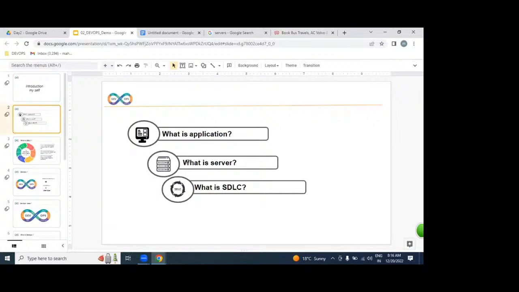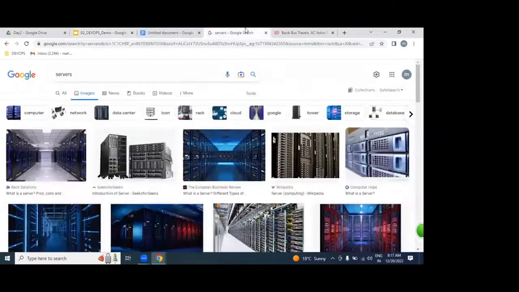But what are servers? What is the purpose of a server? How many ways can we get servers? We can get servers either in a physical environment, a virtual environment, or a cloud environment. Any server is for deploying and maintaining our applications 24 hours a day for a long time without any shutdown.